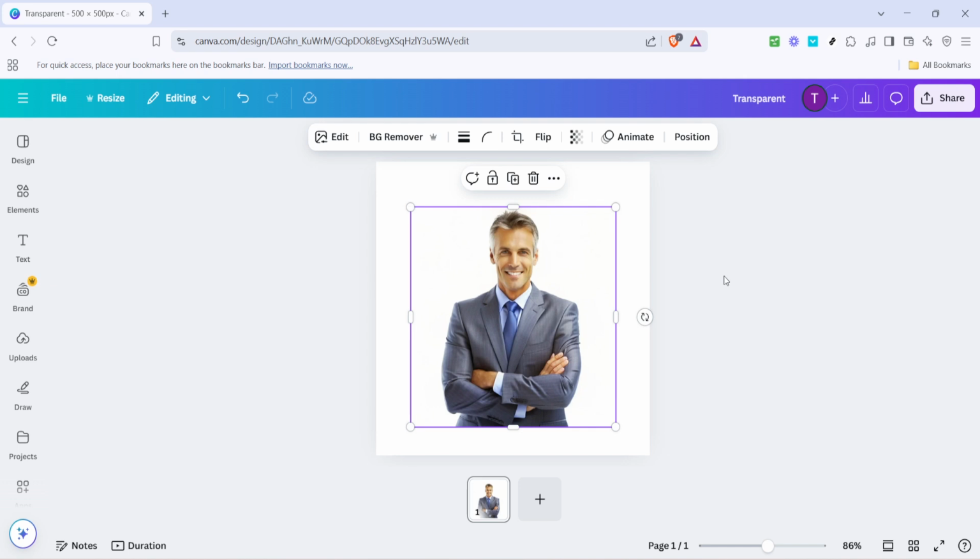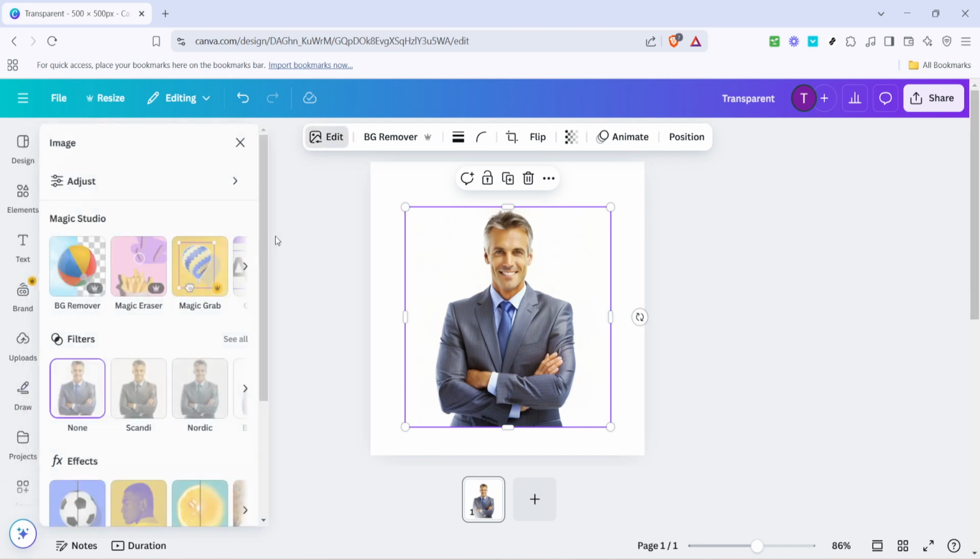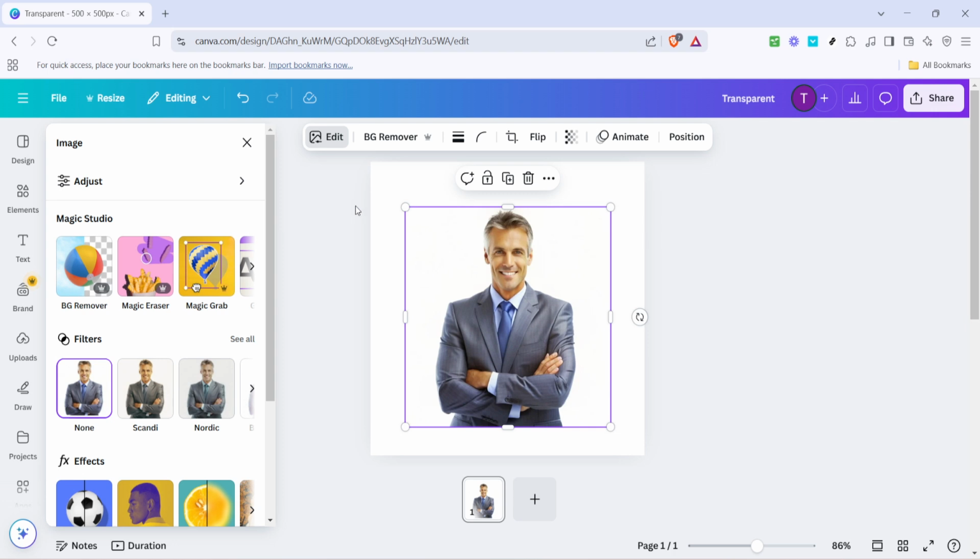Now that your photo is in the workspace, click on it. Doing so will highlight the image and open additional options for editing directly in Canva. This step is where the magic really happens. There's an edit button, give that a click, and you'll reveal a whole array of editing tools. These tools allow you to adjust basic settings like brightness and contrast, or if you'd prefer, you can apply a